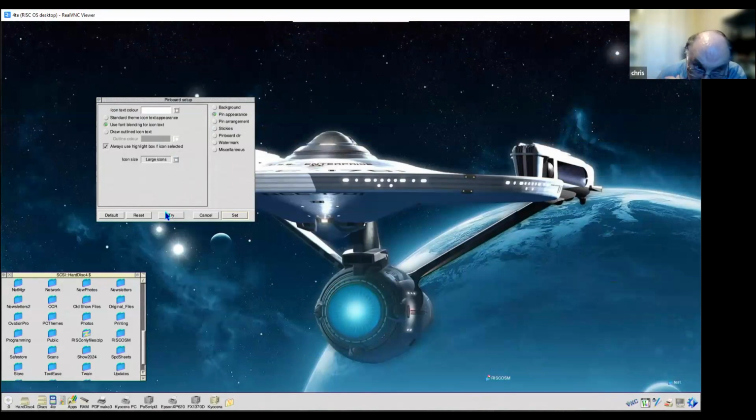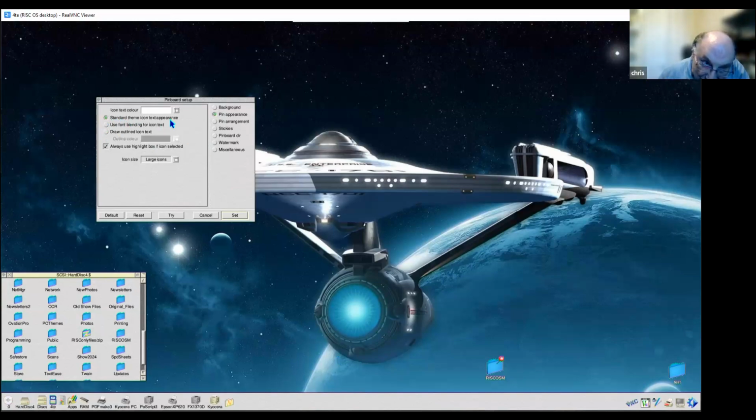Makes them easier to spot. But you may notice the text. Now, the text I'm currently using is font blending for the text icon text. You can actually turn this off and turn this to draw outline, so you get a little outline around it as well. A little black line around each word, letter. Or